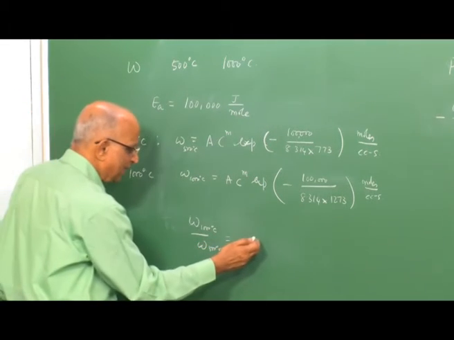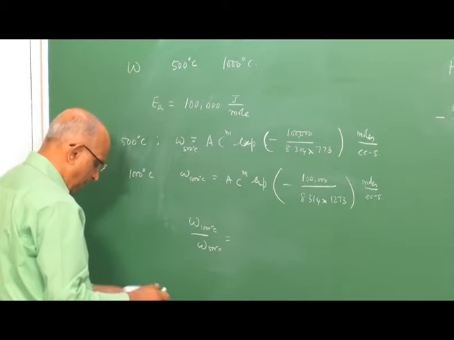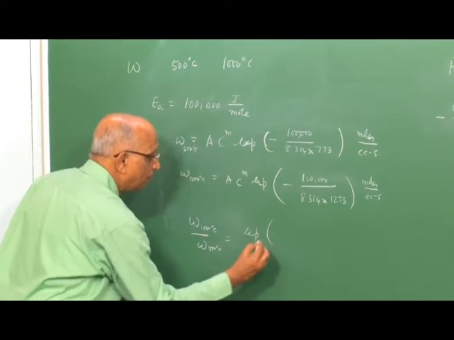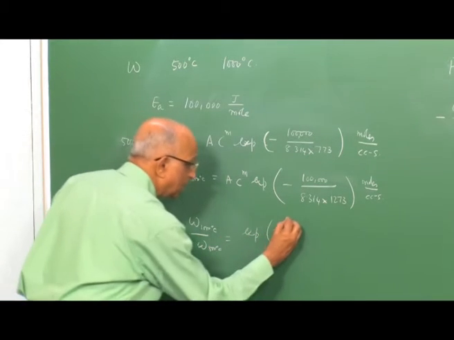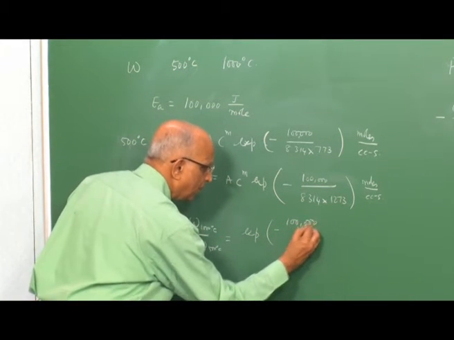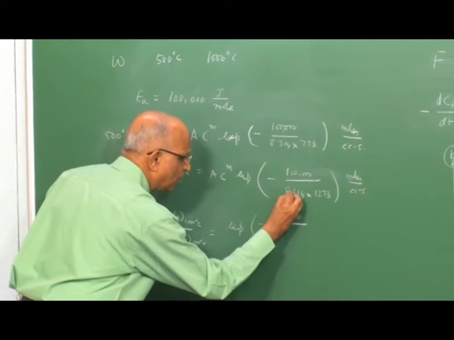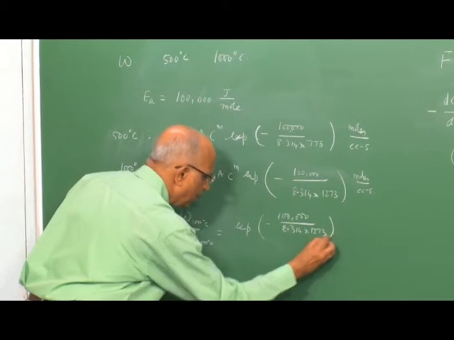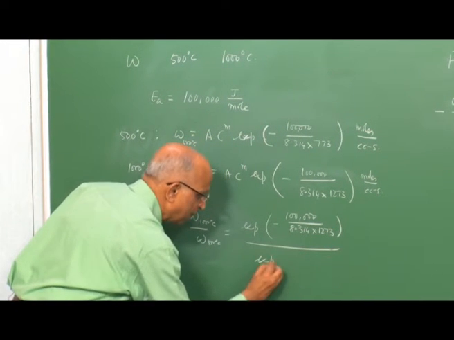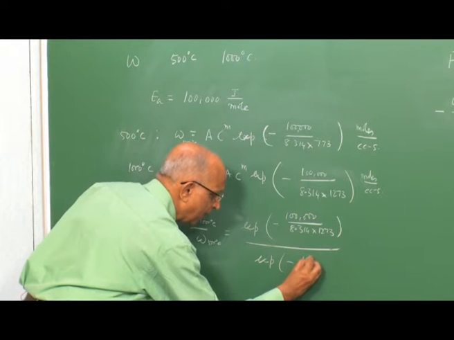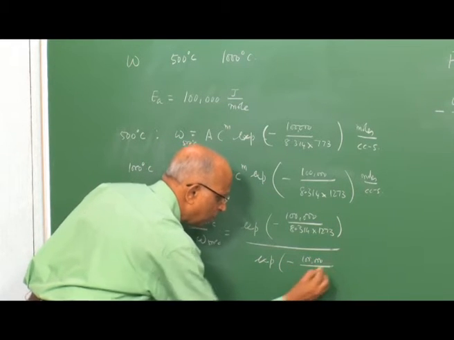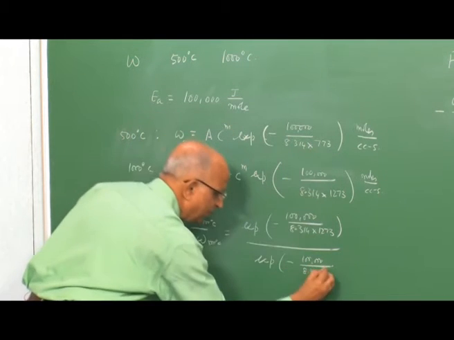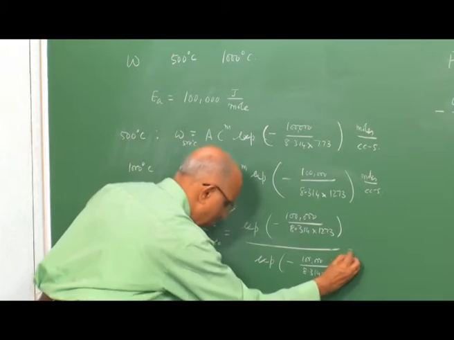Therefore, if I simplify it, it comes to be equal to exponential of minus 100,000 divided by 8.314 joules per mole Kelvin into 1273, divided by exponential of minus activation energy 100,000 into 8.314 into 773,